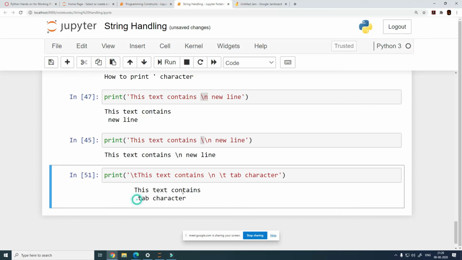It is not aligned because we have a space character here, and if you remove that, then it should align. Yeah, we have a space here. So these two are not getting printed, but they are getting interpreted differently. This character here is generating the new line, and this character here is generating the tab.